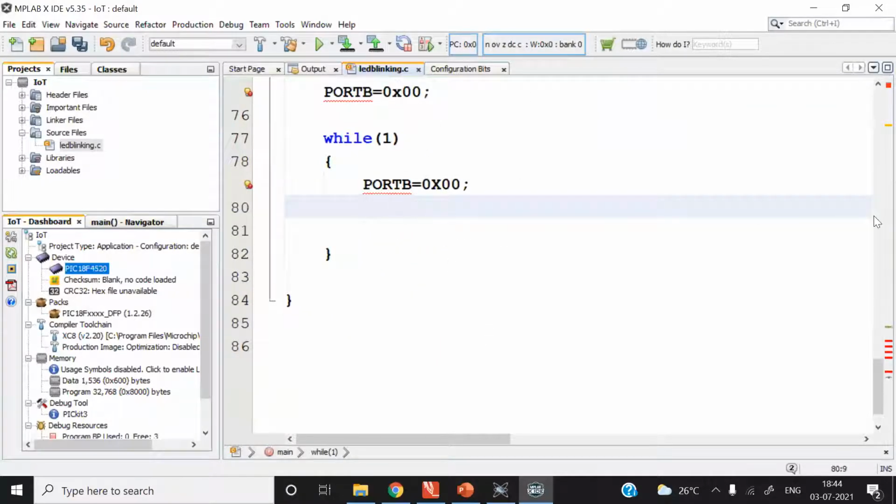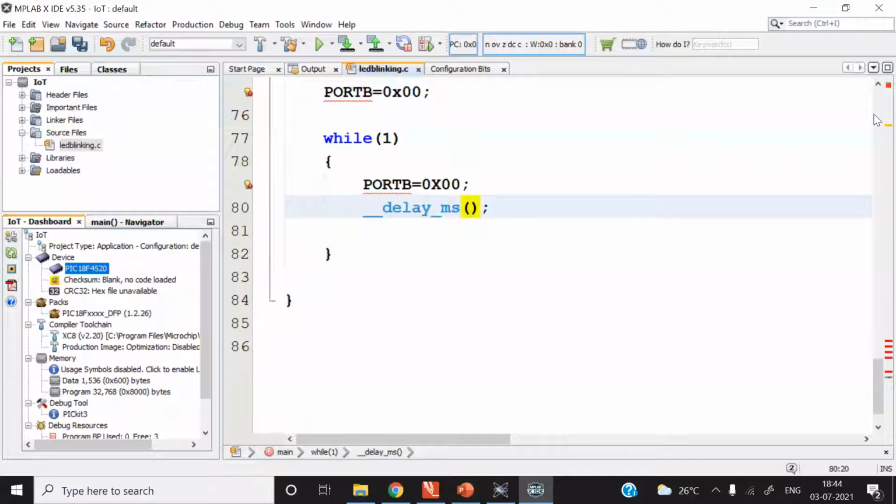Now here, use the built-in macro. This built-in macro is mentioned in the datasheet of the XC8 compiler. To use it, type double underscore, in lowercase type delay, followed by underscore ms. Then inside the parenthesis, we enter a number which indicates the delay in milliseconds.